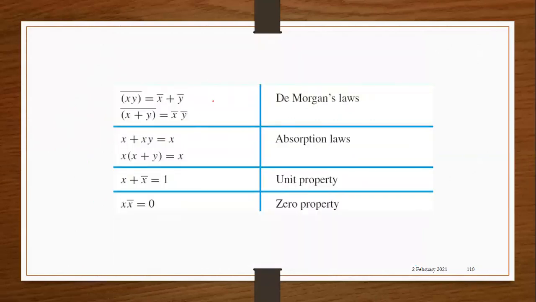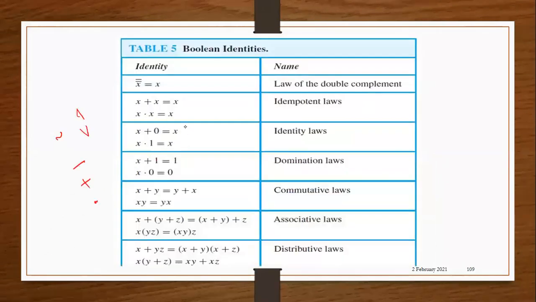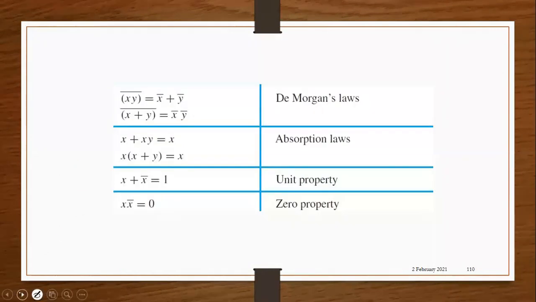We have De Morgan's law as we had earlier, absorption law, unit property, zero property. Instead of unit property and zero property, in unit 1, try to recollect what. Both of these combined were our negation laws in unit 1. Here they are differently written as unit property and zero property. What you can do is you can either check each of those laws by creating a table to verify the laws. Otherwise, it is alright even if you don't, and just remember these laws, which will be important if you want to try to solve the problem.